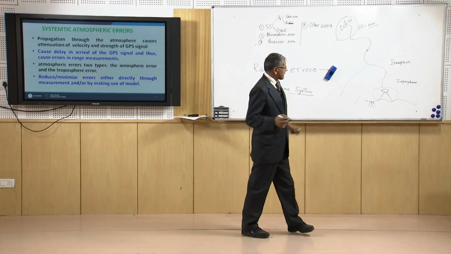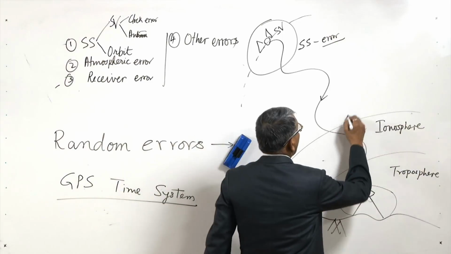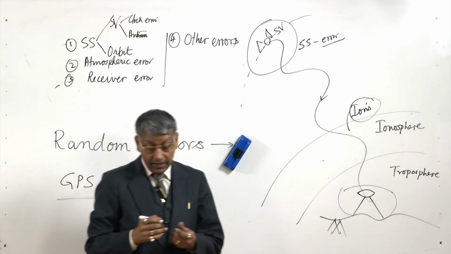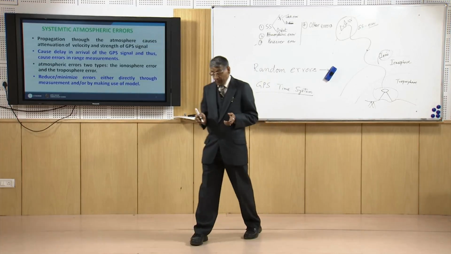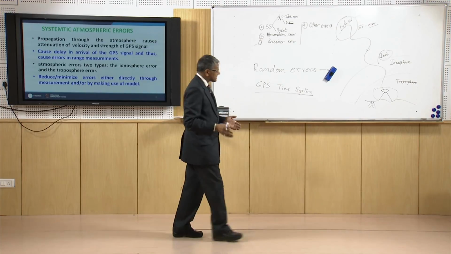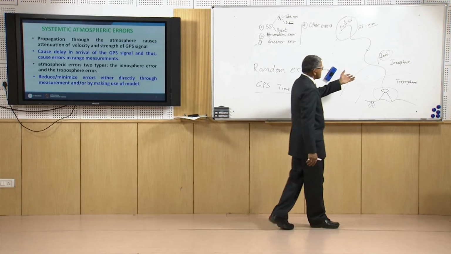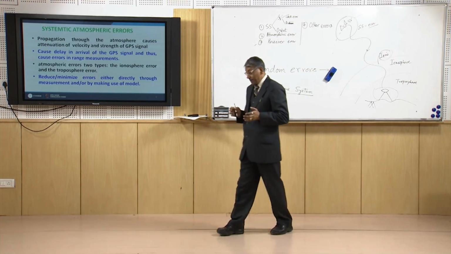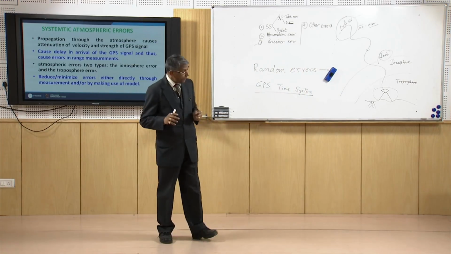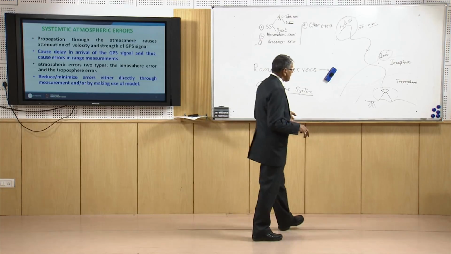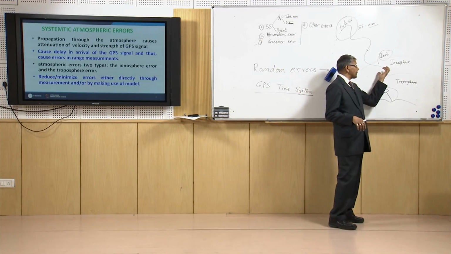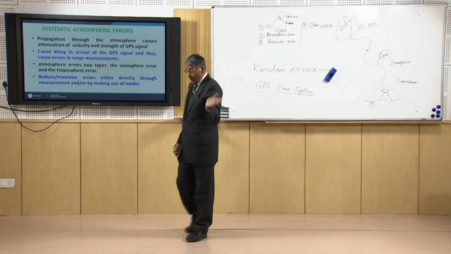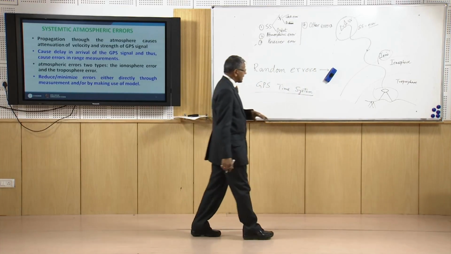Now in the case of the ionosphere, ions are there, and the electromagnetic signal is also electromagnetic in nature. So, there will be a lot of perturbation in the signal propagation through the ionosphere depending upon the intensity of ions available, and the error associated with that is called ionospheric error,